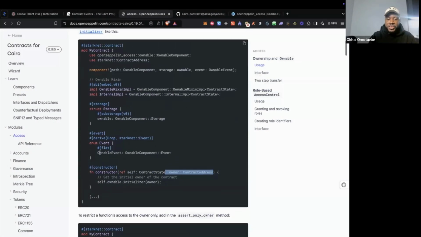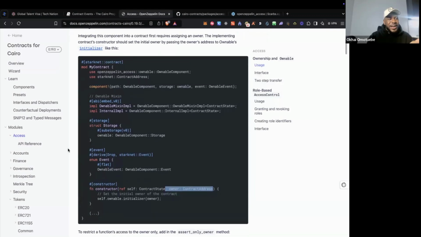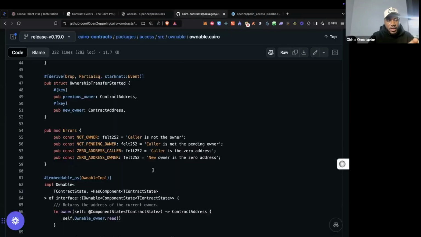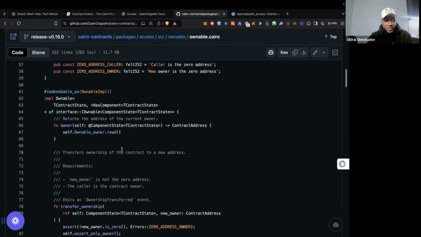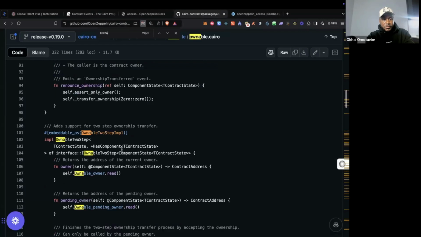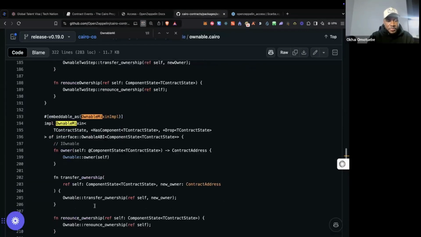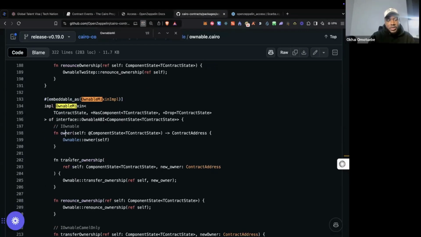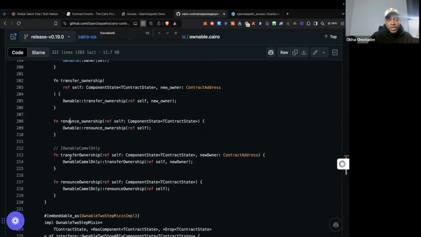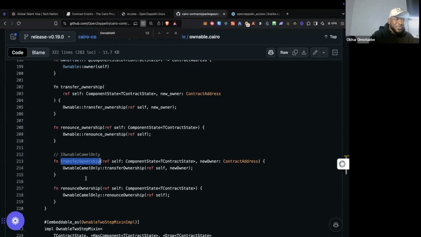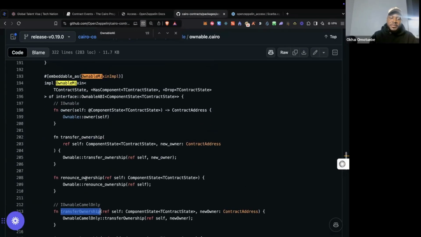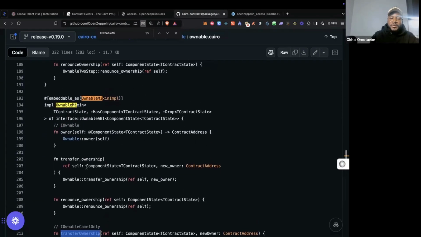We have the logic that we need. For me, this ownable mixin implementation, if you look at this, it has the functions owner, transfer owner, renounce owner, and then it has a camel case version. Maybe you don't like it, maybe you like it. I like to use maybe a two-step. And the two-step includes